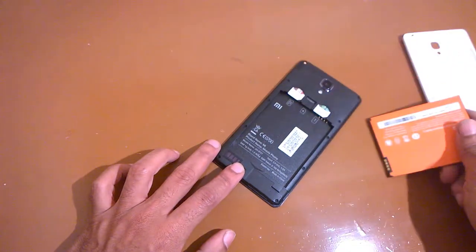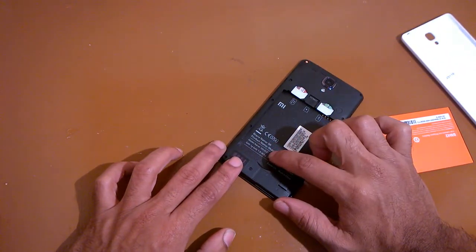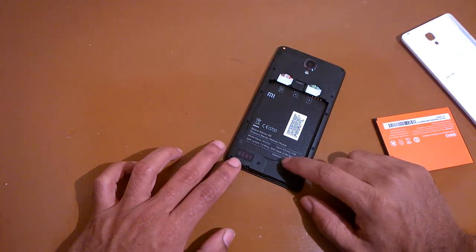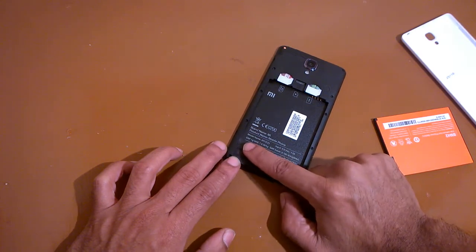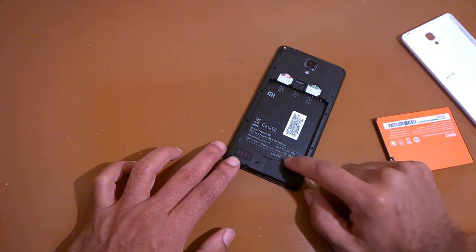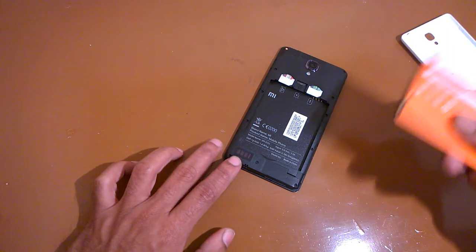And once you remove the battery, you will be able to see more details about the product, like the brand, which is MI, and the product name, which is Redmi, and Redmi Note in fact, and it's made in China. And they also have the SAR values there. The SAR is 1.6 watt per kg, which is slightly high, but it's still under the acceptable